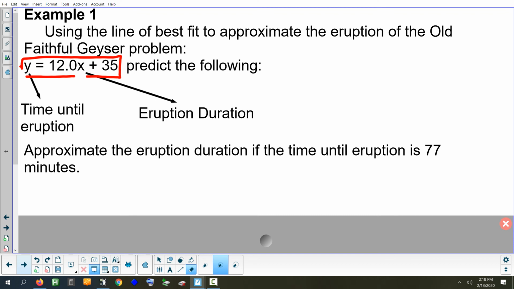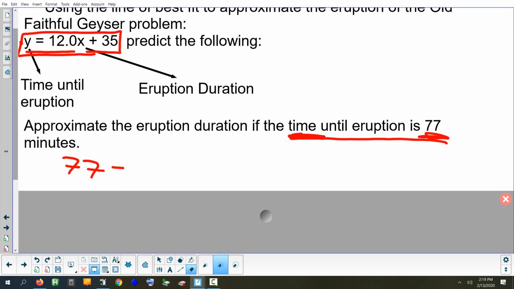All right. So the first question says, approximate the eruption duration. What letter in our formula is duration? X or Y? X. So approximate the duration if the time until the next one is 77 minutes. Time until eruption is 77. What letter is time until eruption? Y. So you're going to fill in the time is 77 for Y. So it's 77 equals